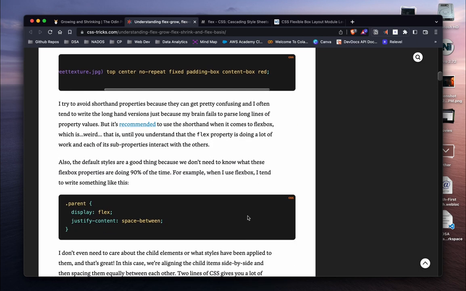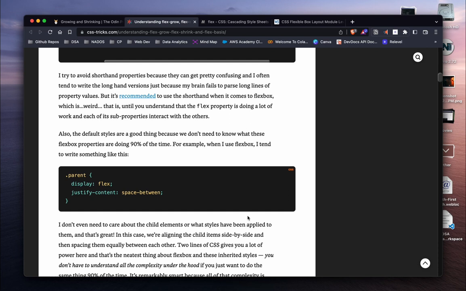Oh, perfect. I try to avoid shorthand properties because they can get pretty confusing, and I often tend to write longhand versions just so that my brain doesn't fail to parse long lines of values. It's recommended to use the shorthand when it comes to Flexbox, which is weird, until you understand this. The flex property is doing a lot of work, and each of its sub-properties interact with each other. Also, the default styles are a good thing because we don't need to know what these Flexbox properties are doing 90% of the time. For example, when I use Flexbox, I tend to write something like this: parent display equals flex,